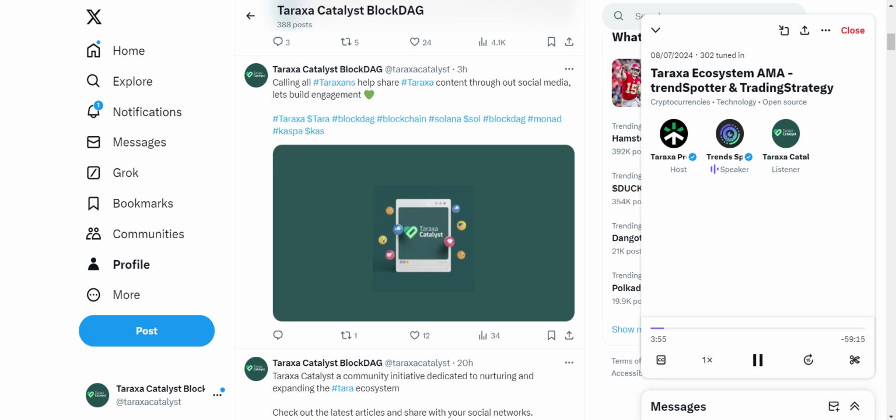Yeah, so I'm Guy. I've been working with Taraxa for now 2 years. While working at Taraxa, I started looking through the ecosystem data and started seeing a lot of relationships between social data and market dynamics, and hence TrendsSpotter was born. It's an attempt to aggregate all this data and make it super easy for people to come into our platform and understand what's going on and where the attention is, thereby helping them make better investment decisions.